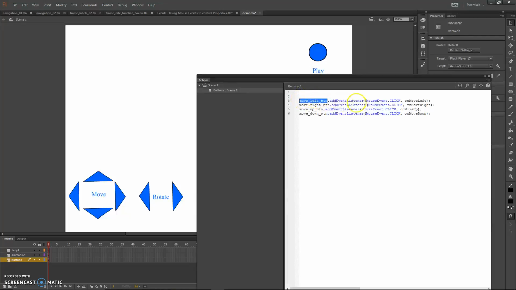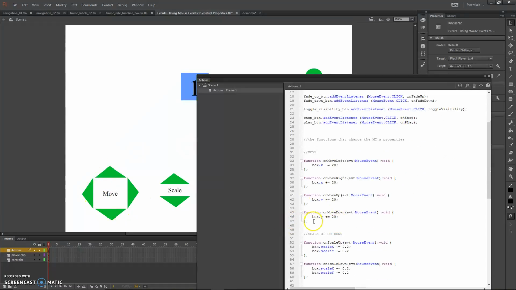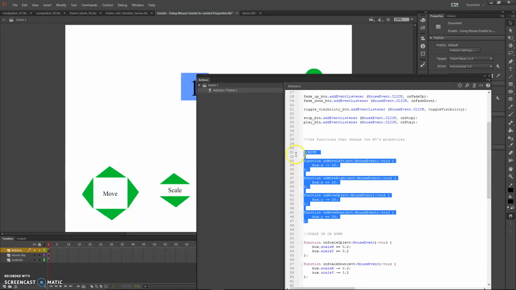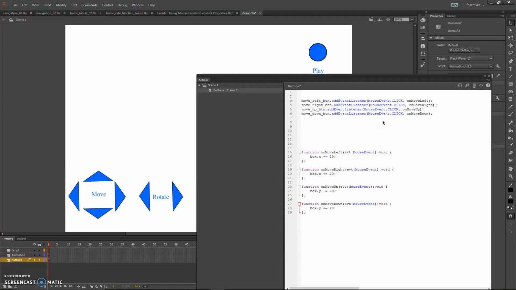So move left button is going to be listening for a click. So a click anywhere on that button, and it executes this function, if you remember from last time. So if we go back here, now the functions that these 4 listeners attached to these 4 buttons execute are this set here. So this is where we're coming on to something slightly new. I think it's probably good practice to get into the habit of commenting